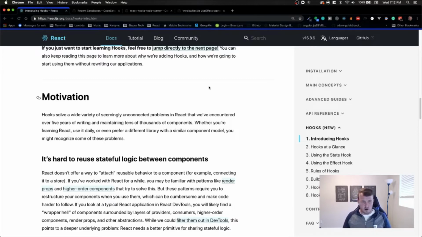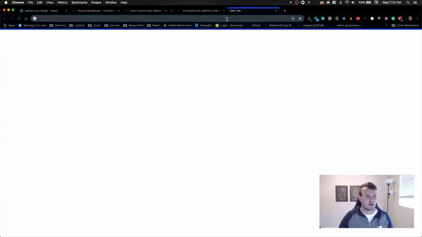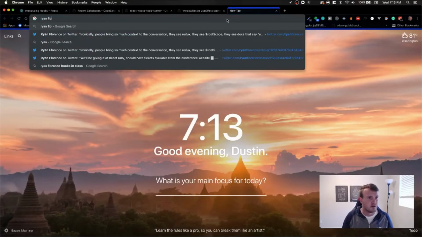What I would argue, now that I've had six or seven months to use hooks pretty regularly and years of using classes, is that using hooks, using these functions, makes our applications a lot more composable than using classes. There's a really fantastic talk given by Ryan Florence